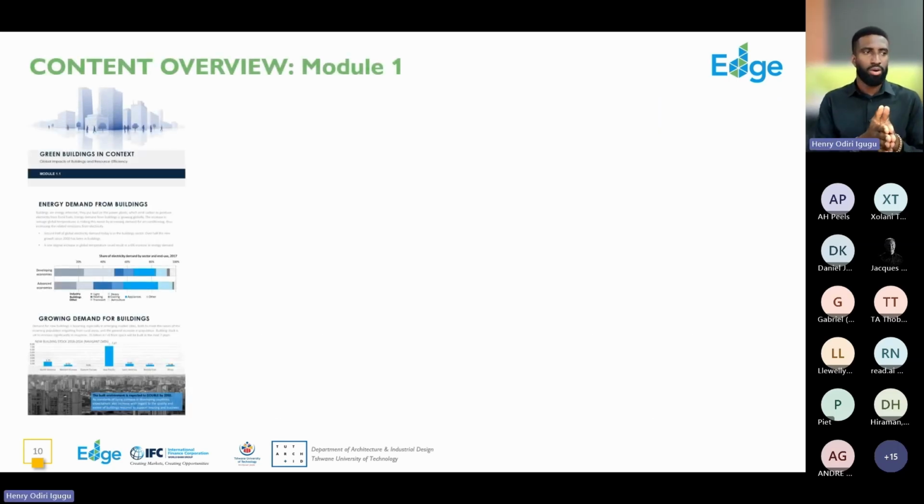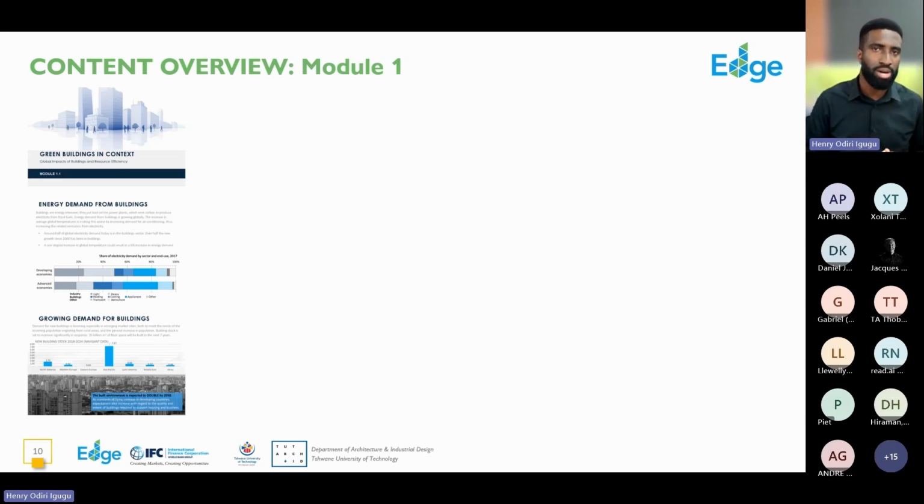What I want to do now is give you almost like a teaser of the contents of the Design for Greater Efficiency course. So like we said, there's 6 main modules, 7 modules including the final design project. And I'm going to quickly go over each module just to give you a sense of what the content would be, and perhaps you're trying to make up your mind whether you want to participate or not. And so, yes, the first module, module 1, we'll be looking at placing green buildings in context.